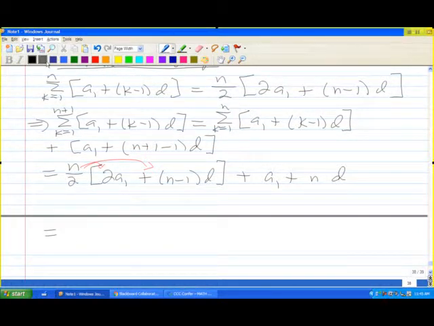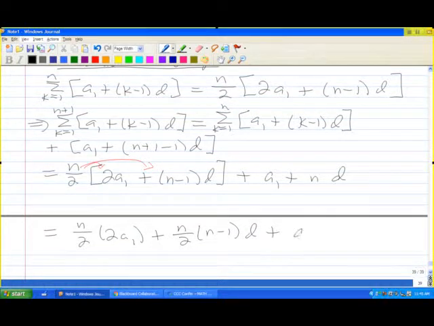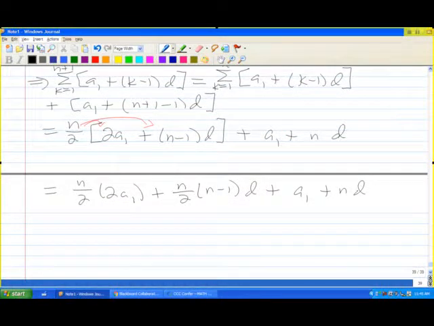So I get n over 2 times 2a1 plus n over 2 times n minus 1 d plus a1 plus nd. So the 2's cancel. And so I get n a1. And let me write the a1 next to it, plus a1